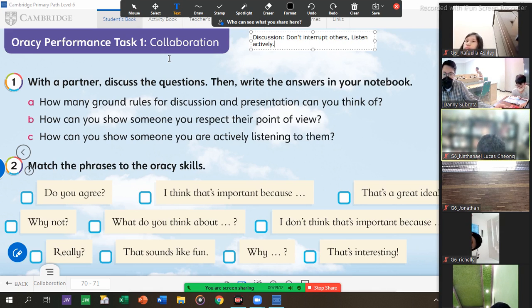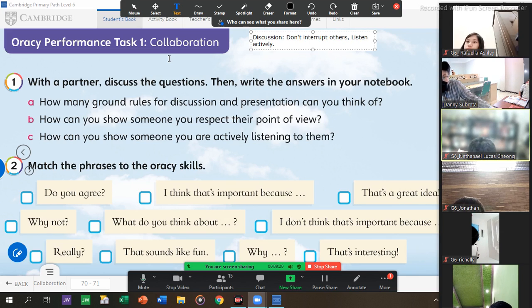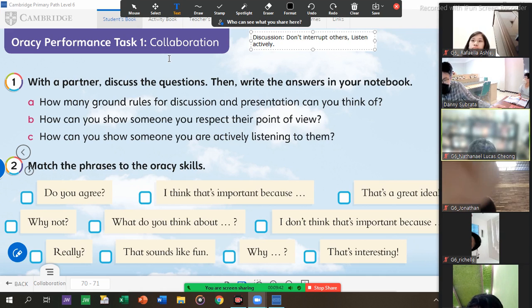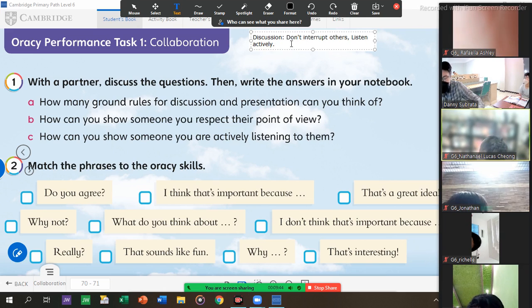Thank you. So hear is like when you are doing something and then you hear your mom call you. You hear her, you don't listen, but after you're called and then you ask your mom, you listen to your mom. So that's the difference. When you listen, you try to understand things. When you hear, you don't need to understand things. Now, after do not interrupt others and listen actively, what else can we use for a ground rule for discussion?